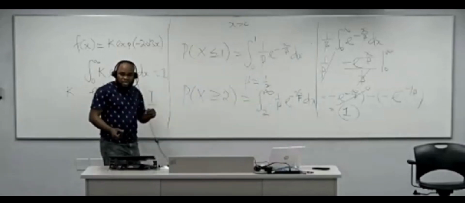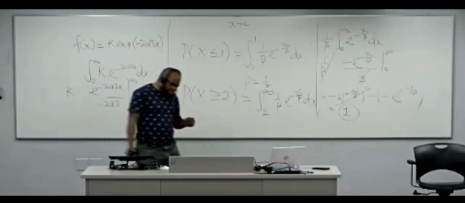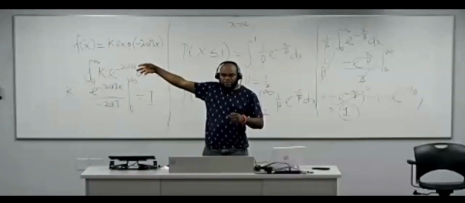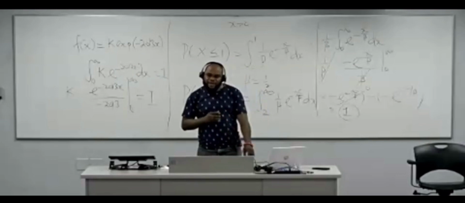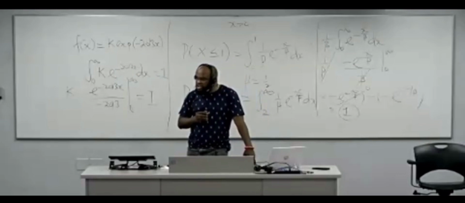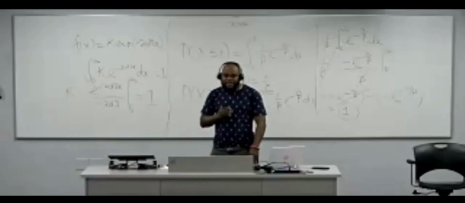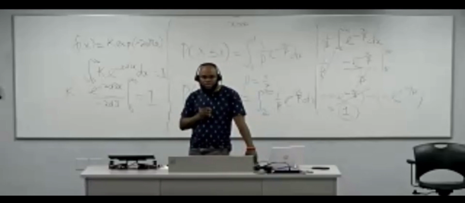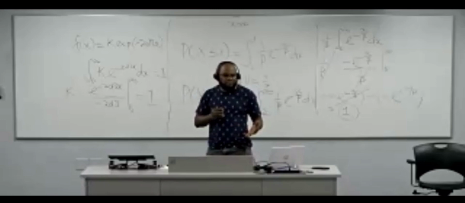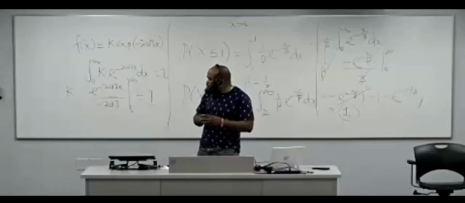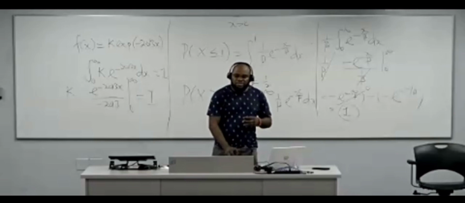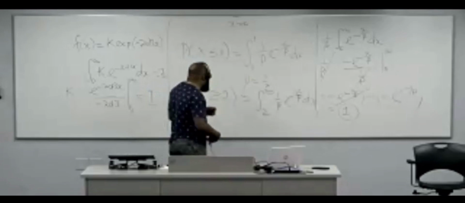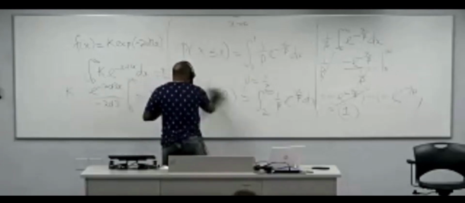And I told you the other time, why am I interested in the mean? Am I interested in the variance? You want to repair a pump, right? You want to repair a pump and you want to figure out the waiting time before that very pump can be repaired. Of course, in a stochastic world, that very time is going to be a random variable. And therefore, when you have a random variable, we normally want to figure out what the average is. And that is why we need the mean. And the moment you figure out the average, then we need to tell how reliable the mean is by looking at what we call the variance. So what I'm trying to say now,